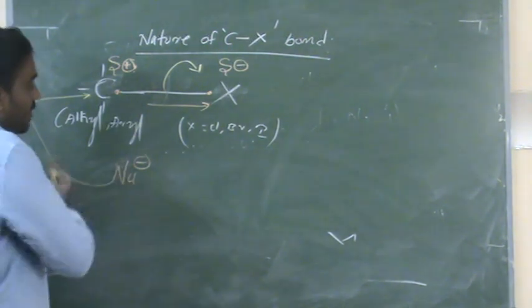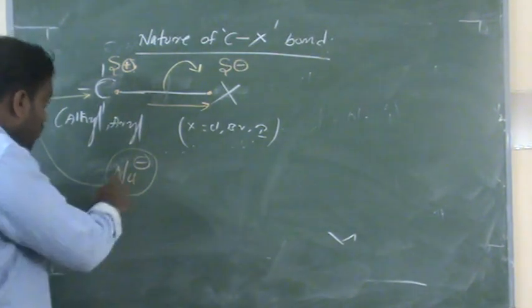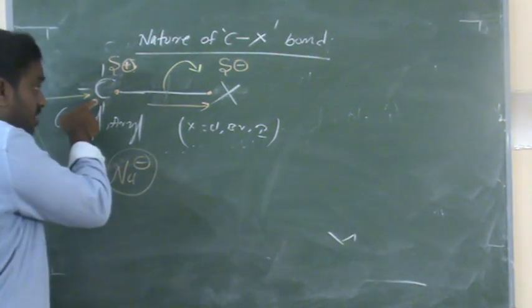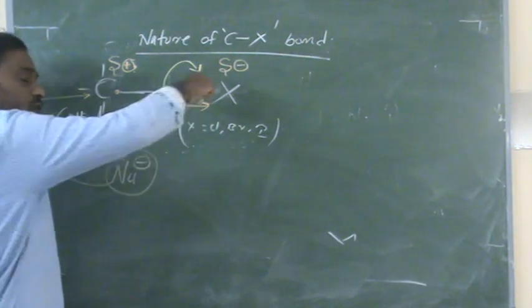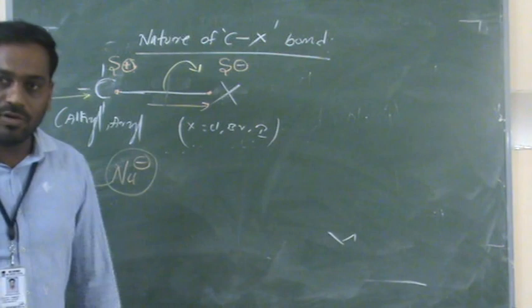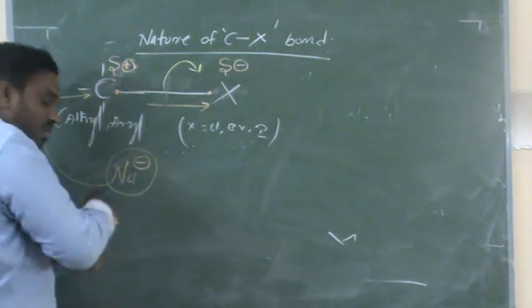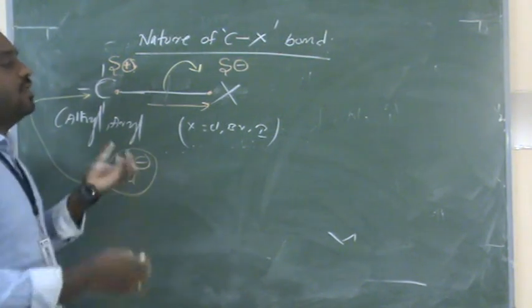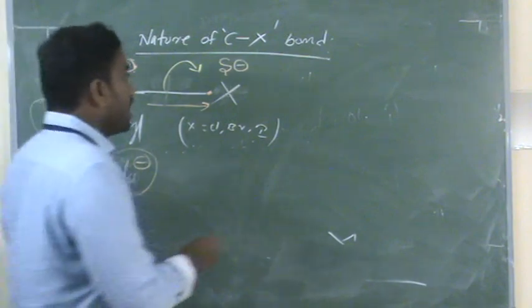Can you tell me what is the name of this reaction? This is called a nucleophile going and substituting the electron deficient carbon atom by removing which one? The halogen. By removing that halogen, instead of that halogen there is a substitution of what? Nucleophile. That's why I can call these reactions nucleophilic substitution reactions.